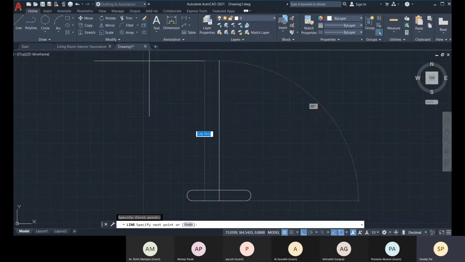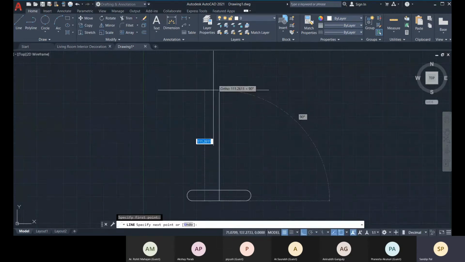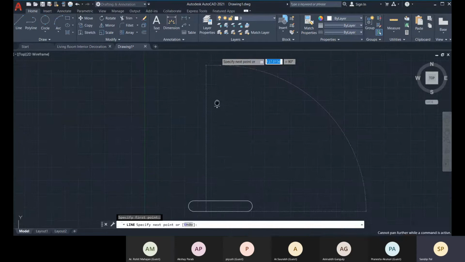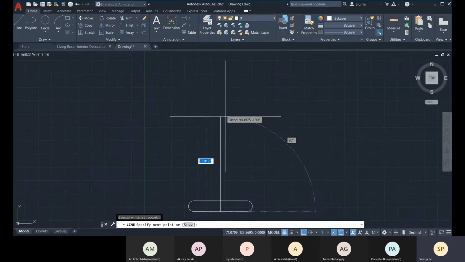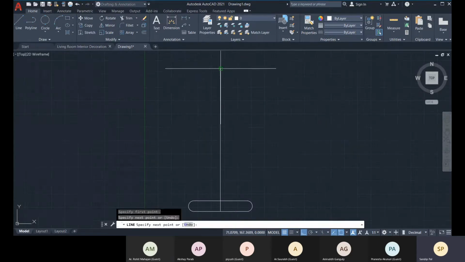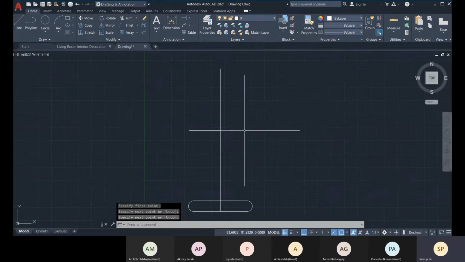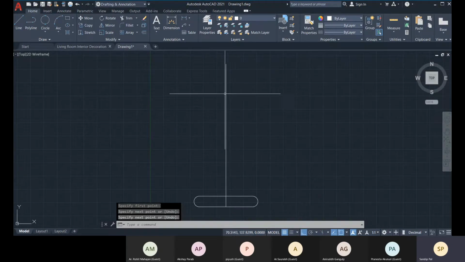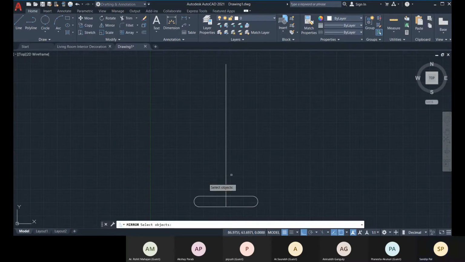Okay. So now let's go with any particular length, and now if I need it at this point, I can mirror it.